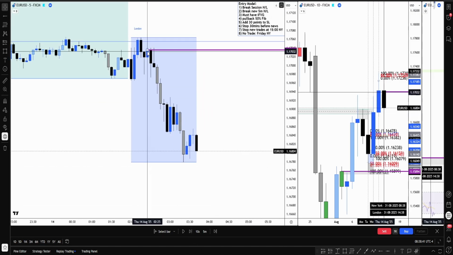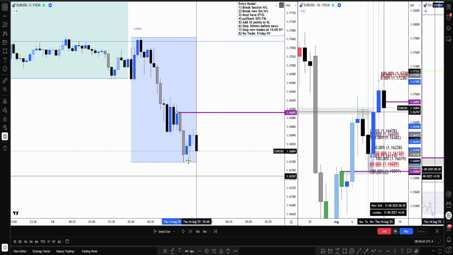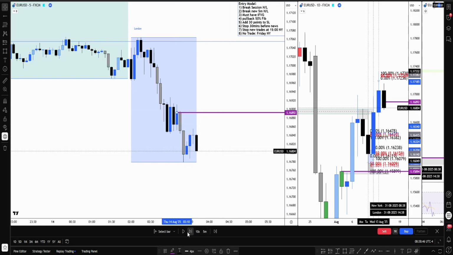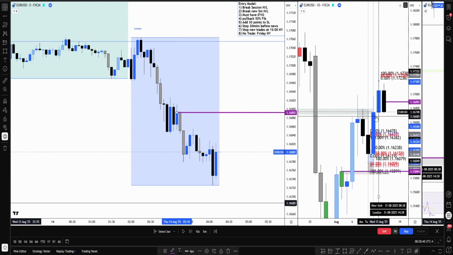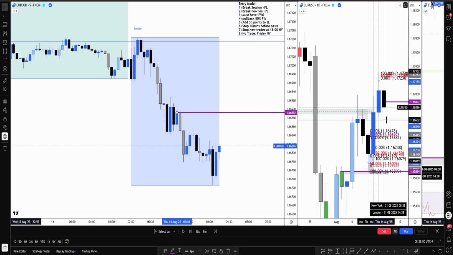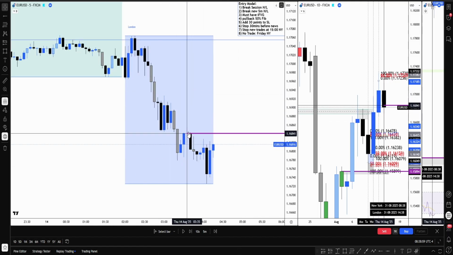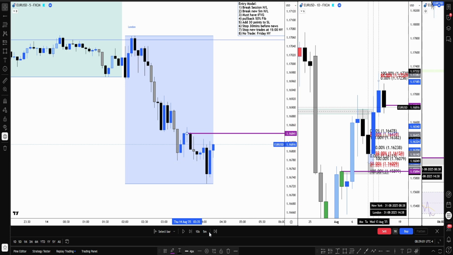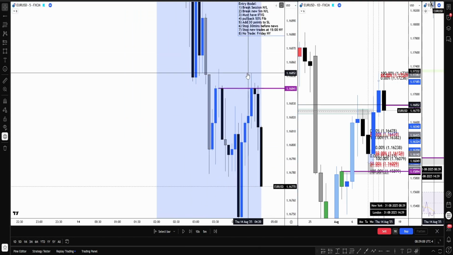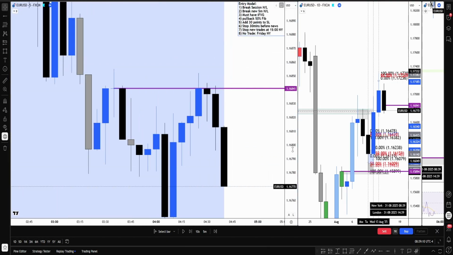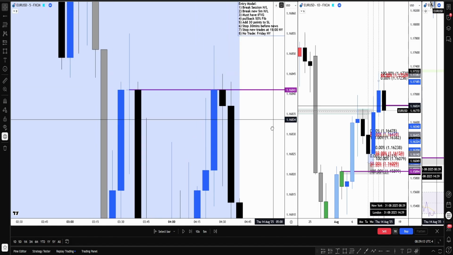Now we have a new point of interest right there. There's our fair value gap. Just keep in mind this area as well, because price could react on this area on the daily time frame as some form of support. Actually, we have a new point of interest here as well. And did we close above that? Your guess is as good as mine.